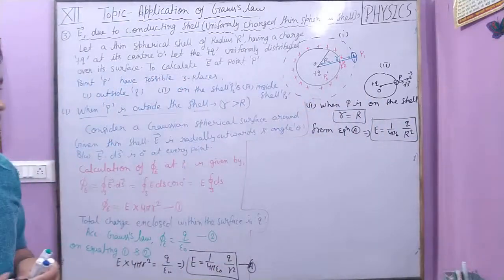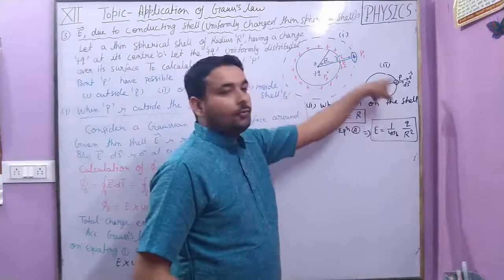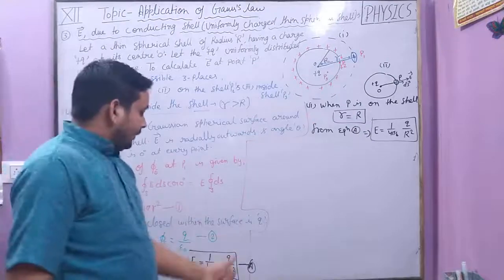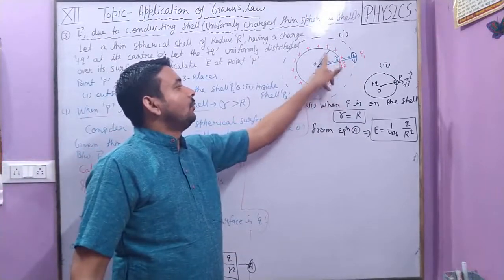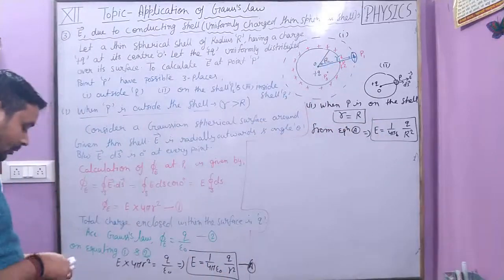This is the result from equation A. Because we calculate it for resistance R, we get the same result, and here the distance is equal to capital R, so we are using here only this. Now the third point is